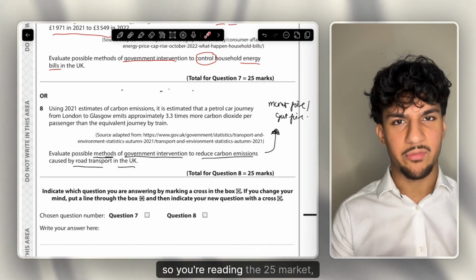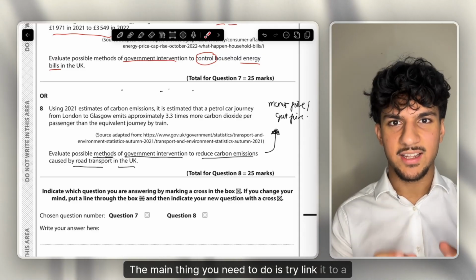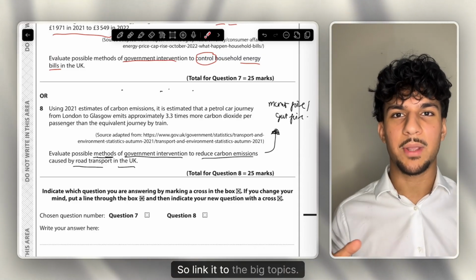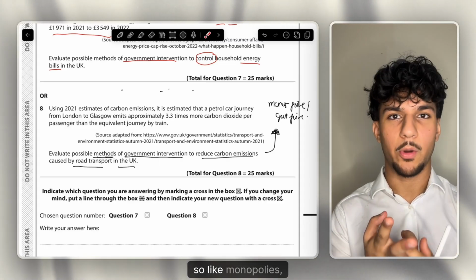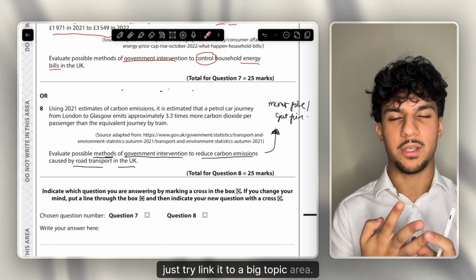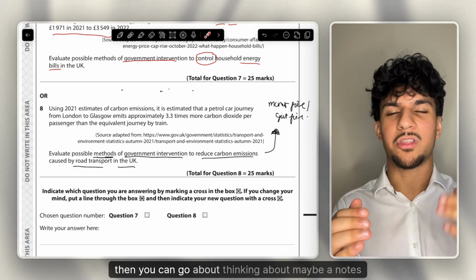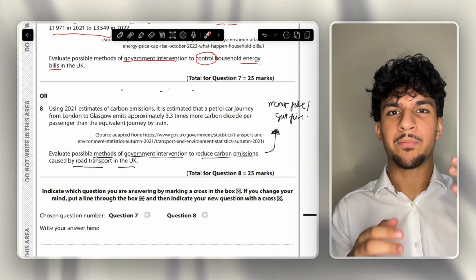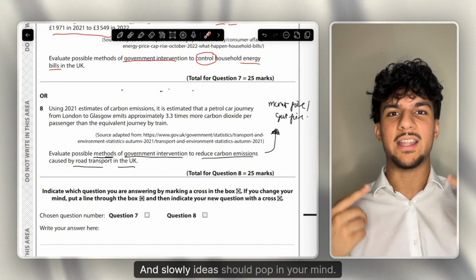But, so you're reading the 25 marker, you go blank. What do you do? The main thing you need to do is try to link it to a topic area. So link it to the big topics in economics you've learned. Try to link it to maybe market failure, market structure, so like monopolies, labour markets, whatever it links to, just try to link it to a big topic area. Then once you've managed to link it to a topic area, then you can go about thinking about maybe your notes in that topic area, maybe some revision you've done in that topic area, and slowly ideas should pop in